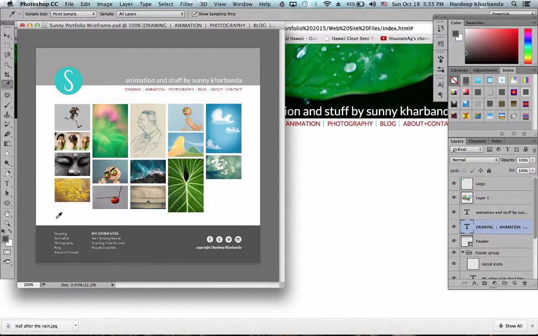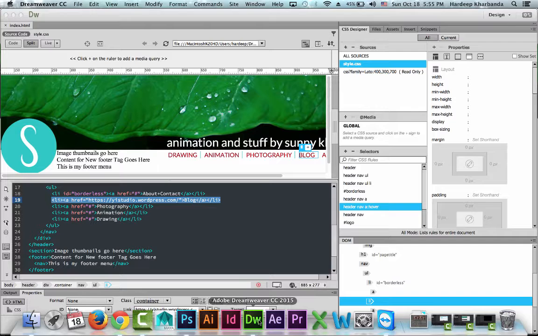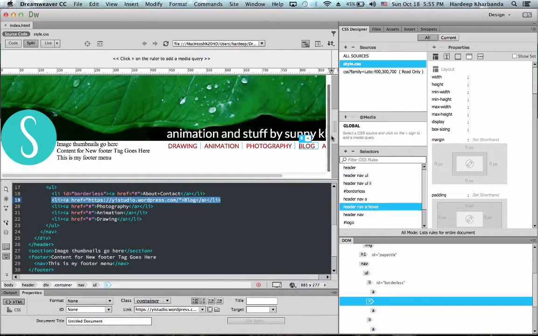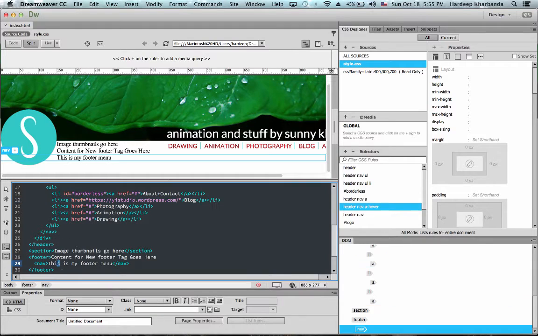And all of these are inside my container because, as you can see, my container has a width of 1000 pixels no matter which container I'm talking about. My header container, my section container, and my footer container. So far, in my footer, I only have a nav. So I need to add a container first that will wrap around this nav or contain this nav.